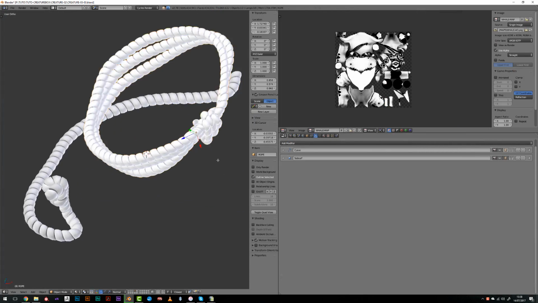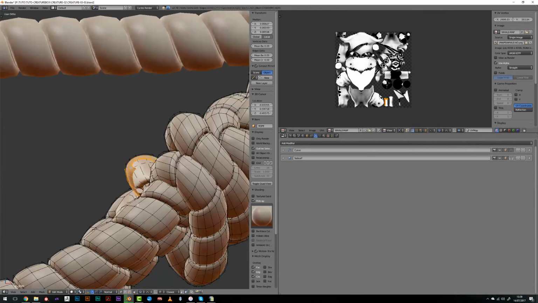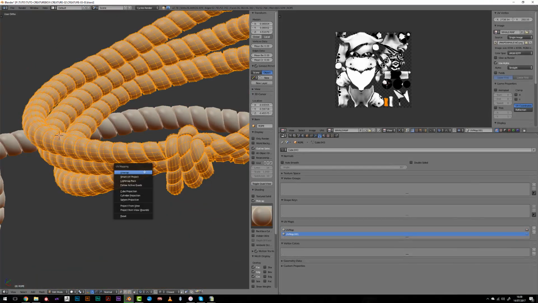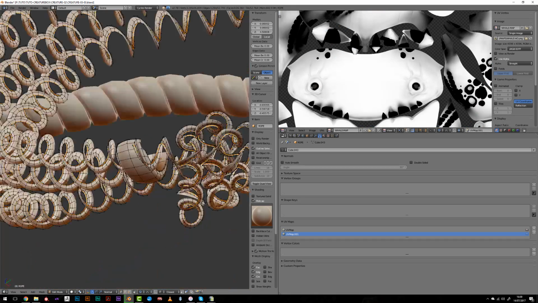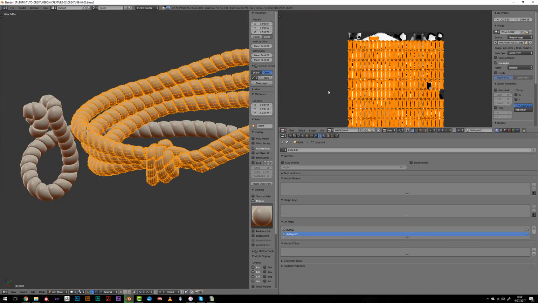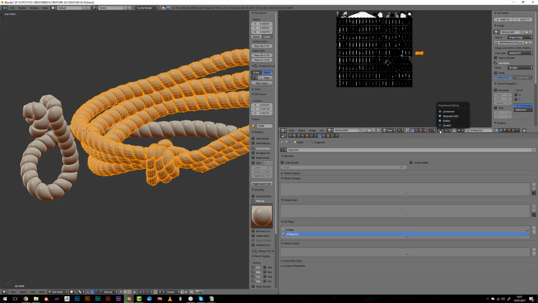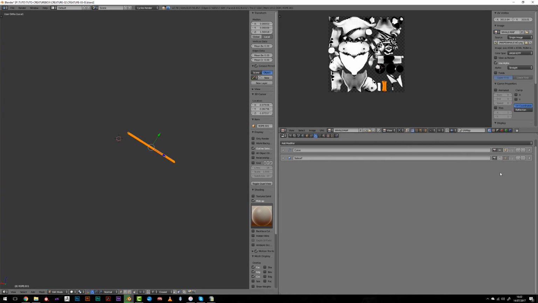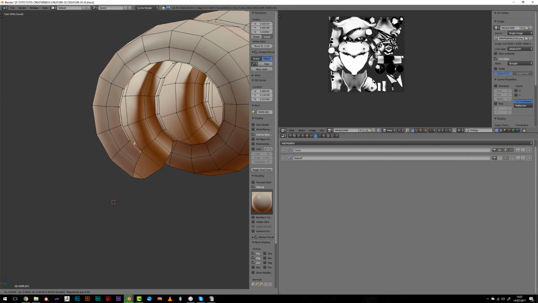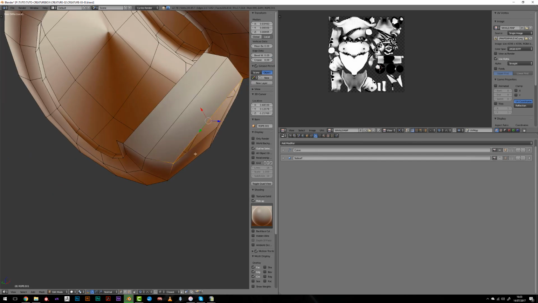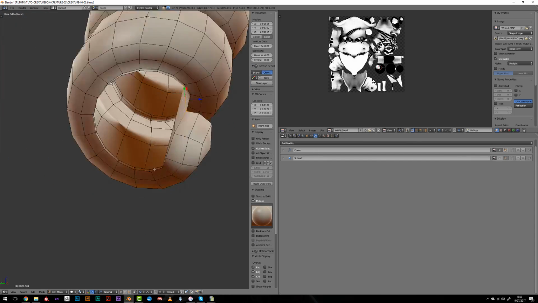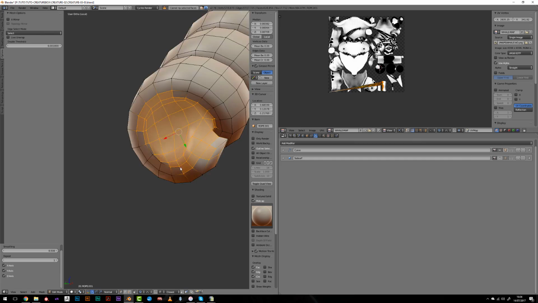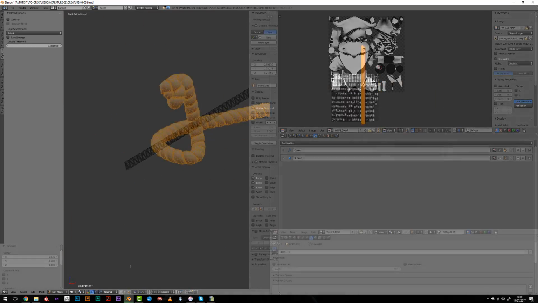So I've started by baking the AO on everything, and you can see here that I'm not using, as I told you, the same UV for the rope. I've decided to create two different UV islands, one per piece of the rope, and another with a straight projection, so that it might be useful later on if I wanted to create any generated texture to be projected on it.